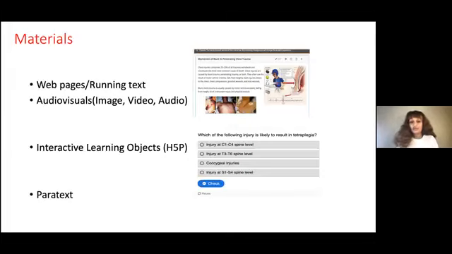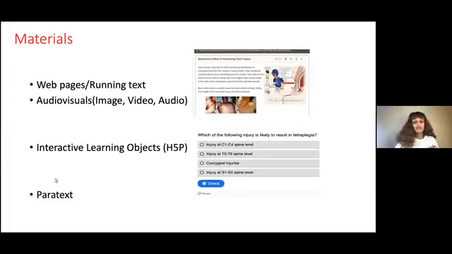The other one is audiovisuals. Those are best practice for preparing online materials, because as you know, most people remember what they see rather than what they read or what they hear. So we prepare still images, we collect them, and also we record video in green screen studios, and also record audio through different MP3 recording devices.